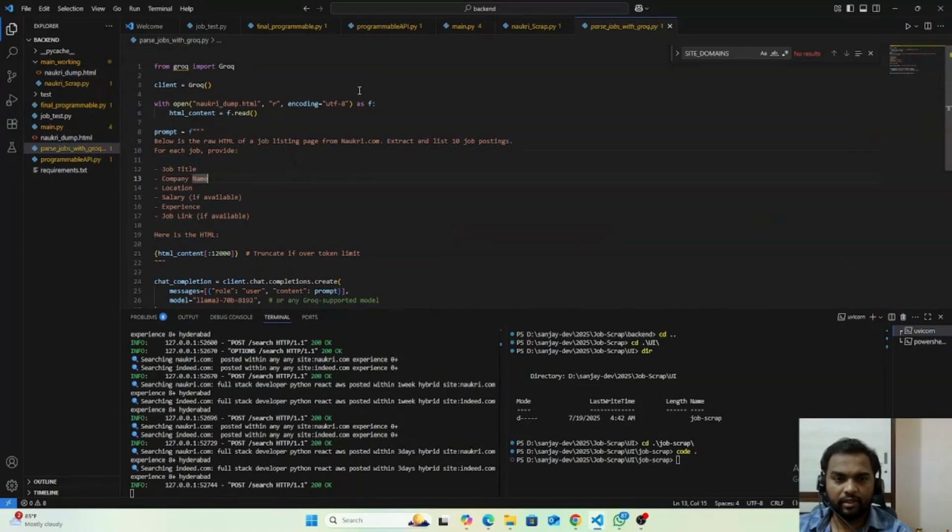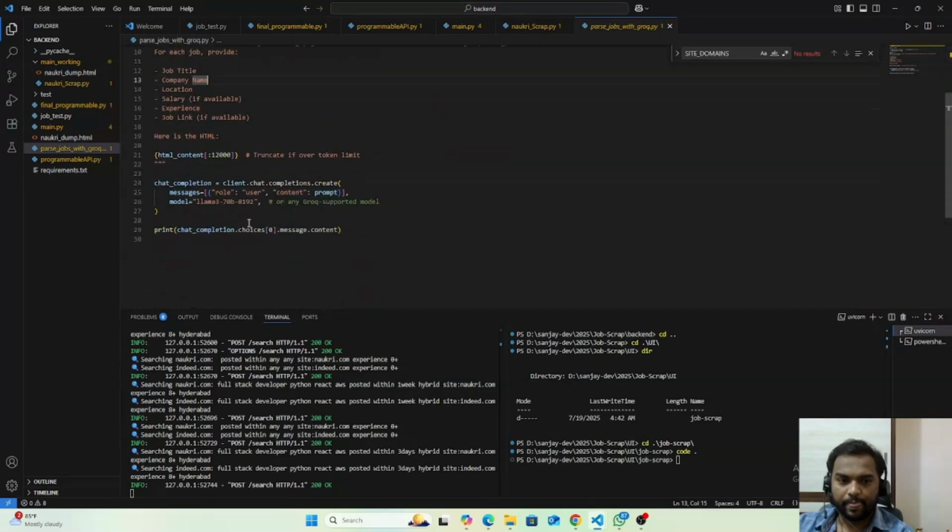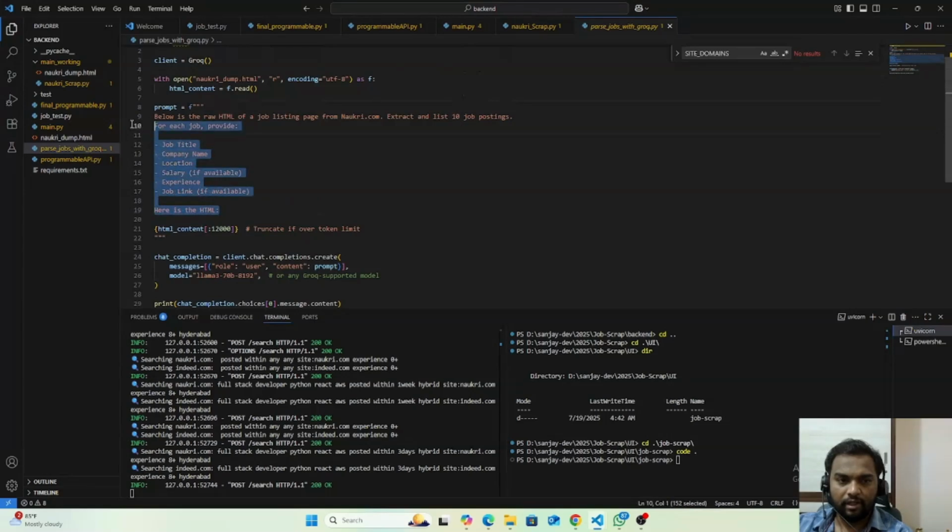Groq is a cloud service, kind of a client for me to connect to my LLMs. Currently the LLM I'm using is Llama 3 70 billion 8192. I'm using this model for refining and structuring my HTML content.